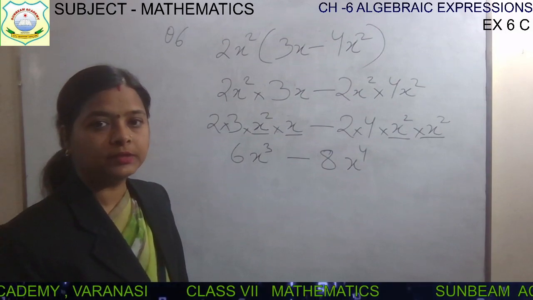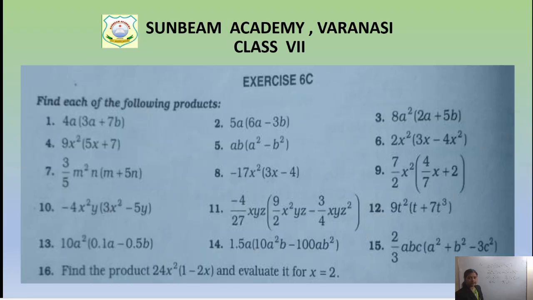Next, children, question number 6. After 6, let me solve question number 8. I am solving question number 8. Then I will pick the 9th also. Because one rational number is there, I thought whether I should solve the 6th and 7th or not, but 9 is also matching with it, so I will pick the 9th question. Right now, write down question number 8.